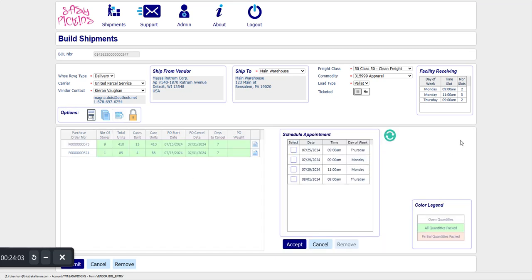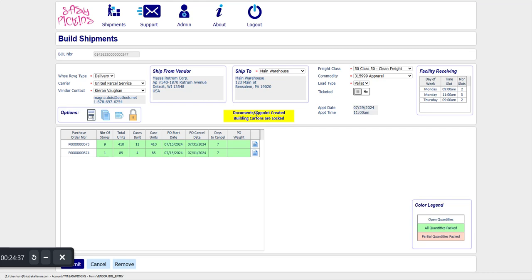What it will do, if you recall, here's the slots, and this is it in the table. This is only going to show them what's available at the facility, what hasn't been booked, as their receiving date and time slot. In this case, you could see these are single time slots. It's possible to have multiple 9 a.m.s for the same date. That just means they can fit in more receipts in that hour. So I'm going to just pick randomly. Just pick the 7/29. It's going to get there by my cancel date. Click accept,